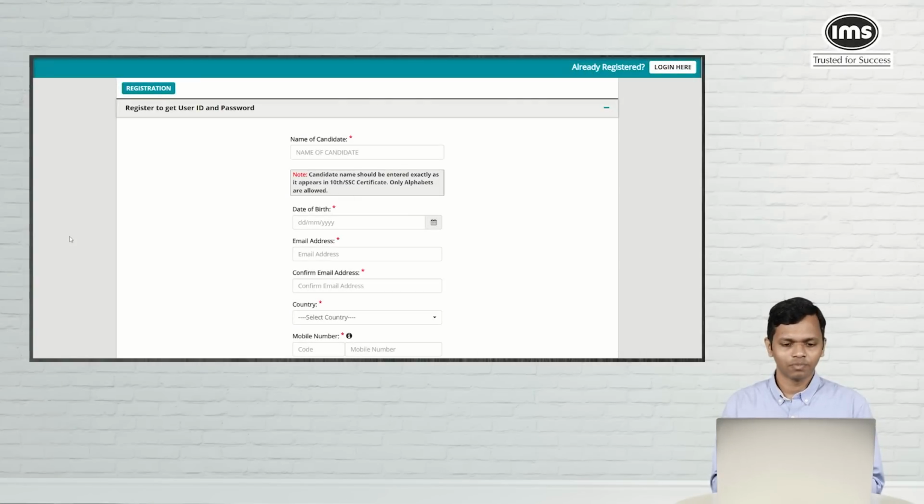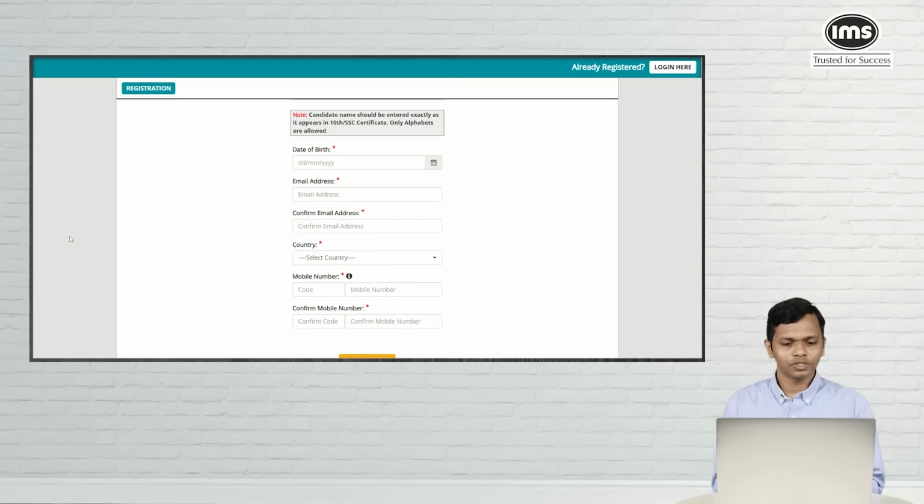Now, as you can see, name of candidate and the note that is given there, which is candidate name should be entered exactly as it appears on 10th or SSC certificate. Only alphabets are allowed. So you have to adhere to this guideline that the CAT authority has given. Post this, you have to enter your date of birth, your email address, and you also have to enter it again to confirm it. Just make sure that you don't change this email address throughout the entire process, because this is going to be used for any official communication from the IMS and the CAT authority. So that is why use an email ID that is something that you often use and do not change it